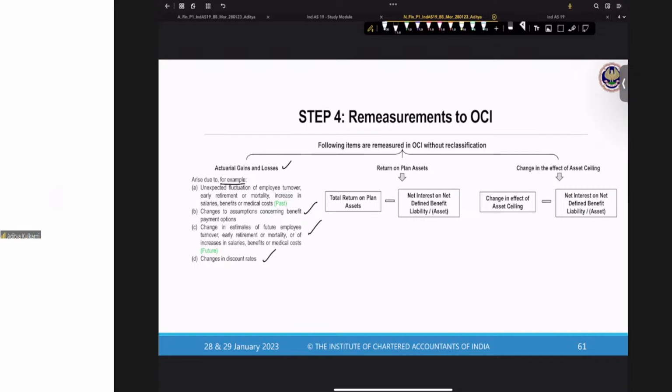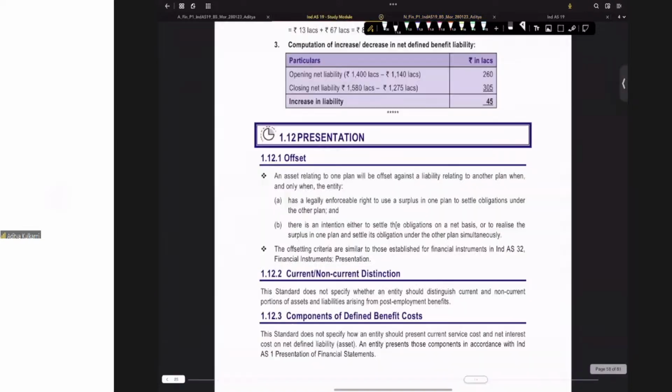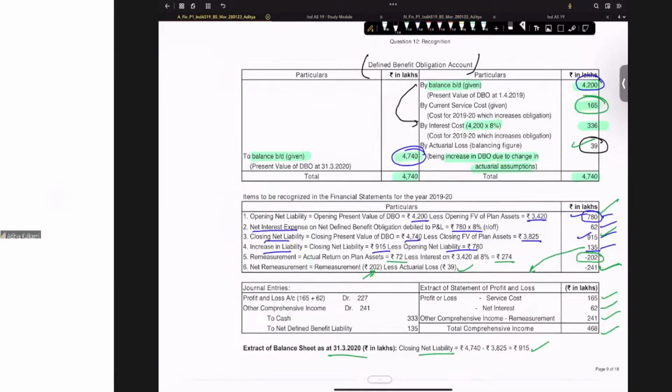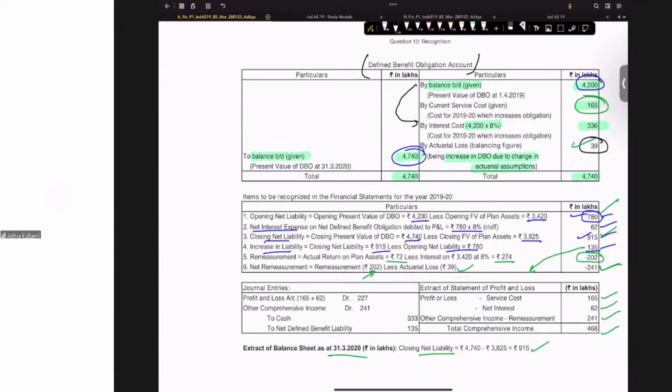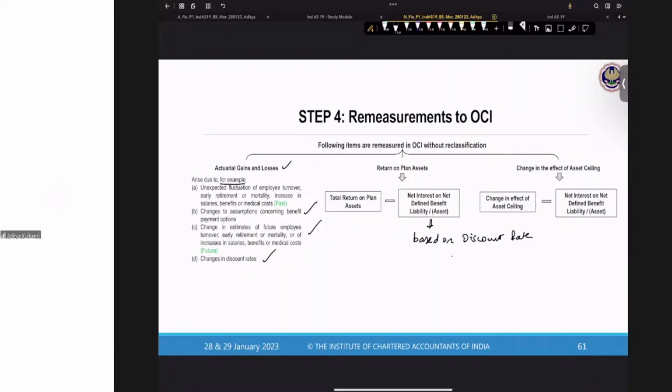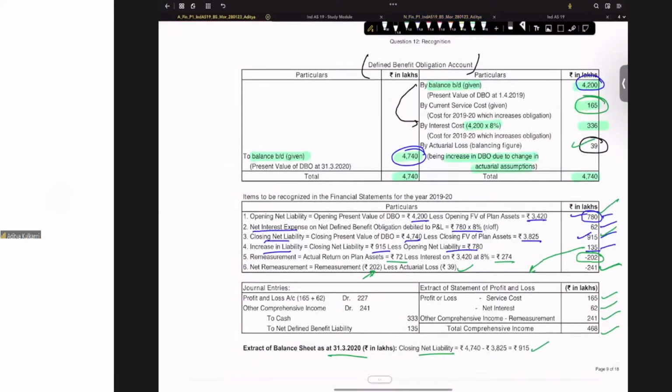Okay, so total return on plan assets minus net interest on net defined benefit liability. See, this is based on discount rate. In our example that we just now did, this figure based on the discount rate was 62. The total return on plan assets was how much? The total return was,